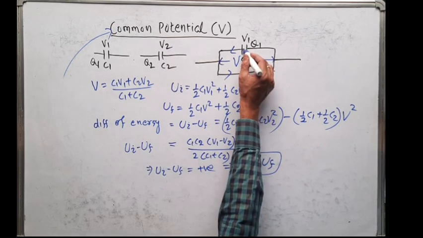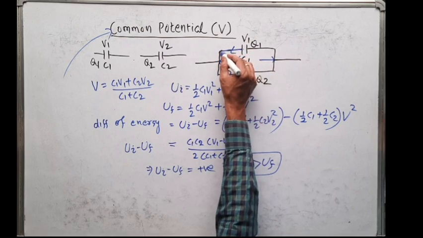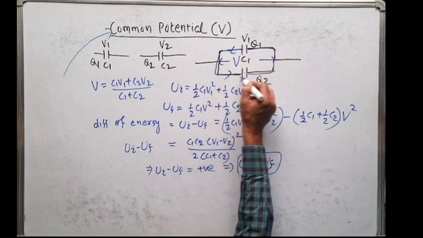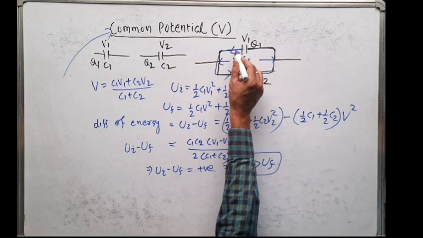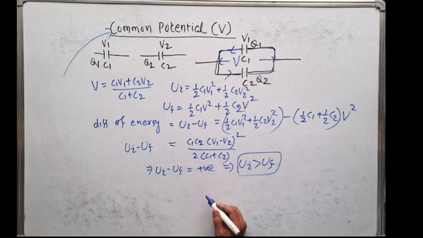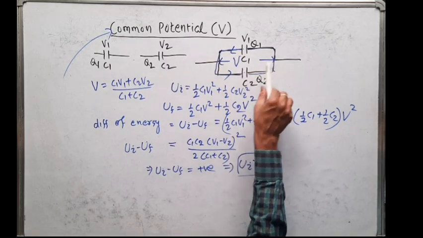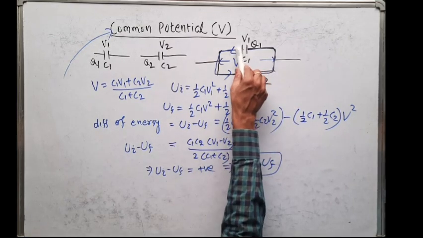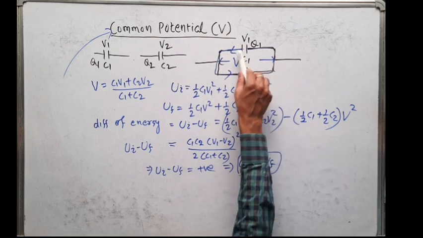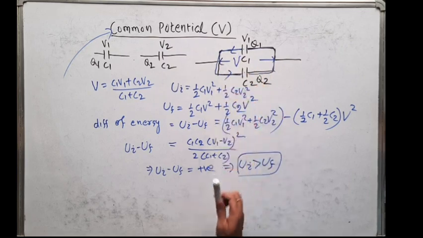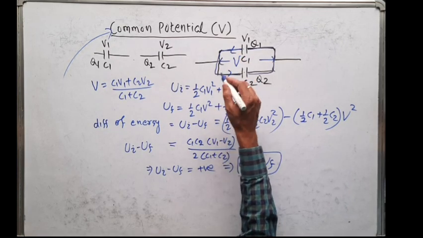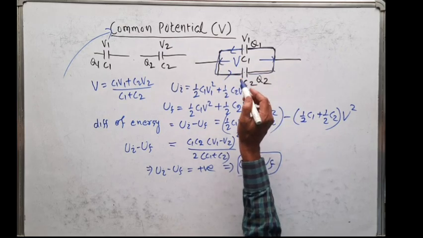When you are connecting these two capacitors by a connecting wire, charge will flow through this wire, and at that time current will flow. According to Joule's law of heating effect, a current carrying conductor produces heat energy. So when charge is redistributed, or shared along this connecting wire, current will flow and heat energy will be developed. That heat energy will be radiated to the surroundings. That means that is the loss.